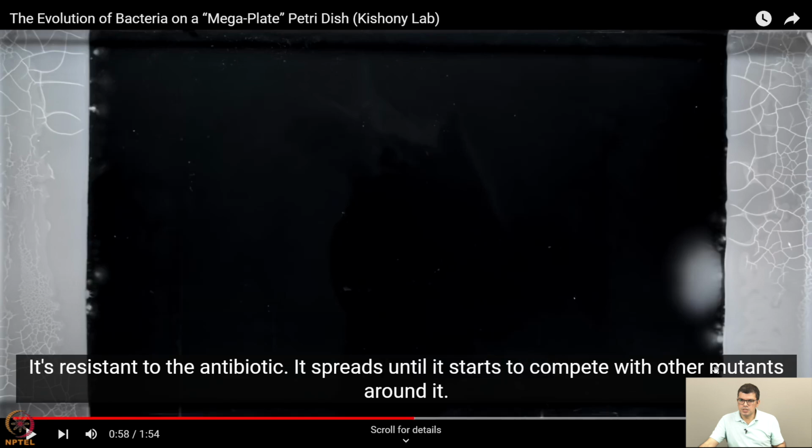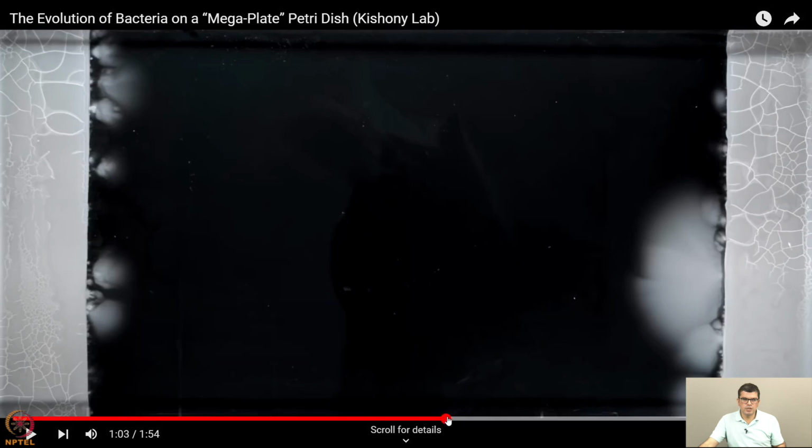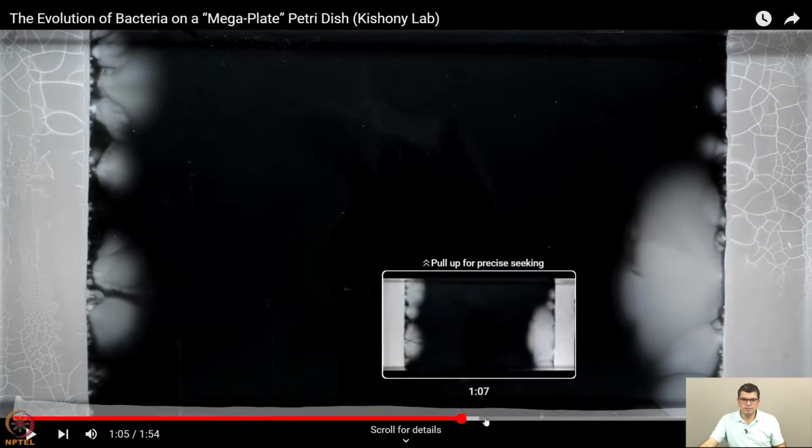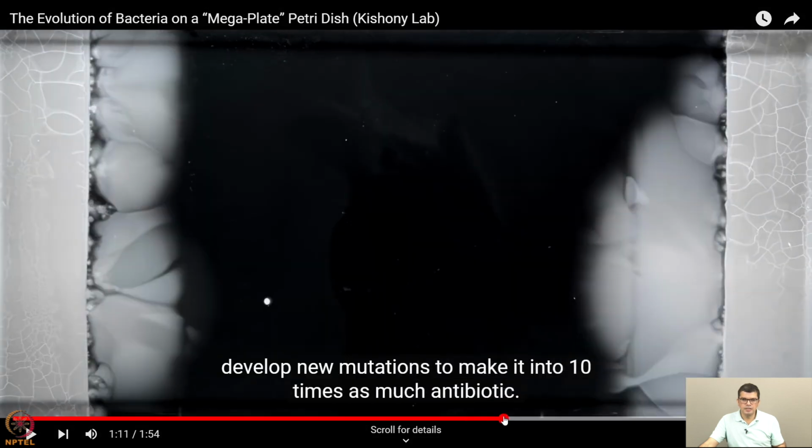In fact, we also see more mutations coming up on the right hand side where these mutants are now spreading. So, they quickly grow up and then fill up the space, and then again pause at the next front, and not everyone that was able to grow at 1 times MIC can grow at 10 times MIC. As you can see here, there is a mutation here which quickly grows to expand in the 10 times